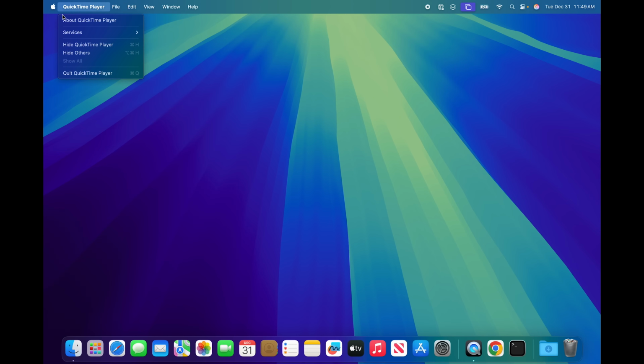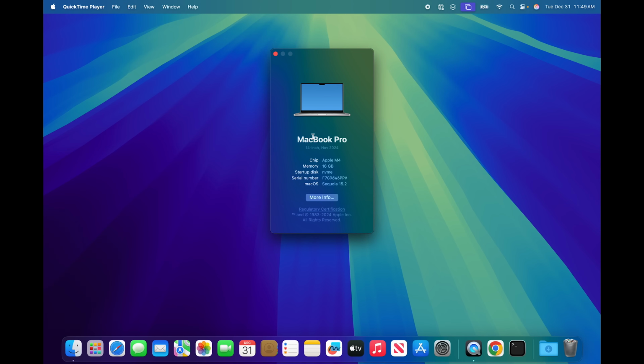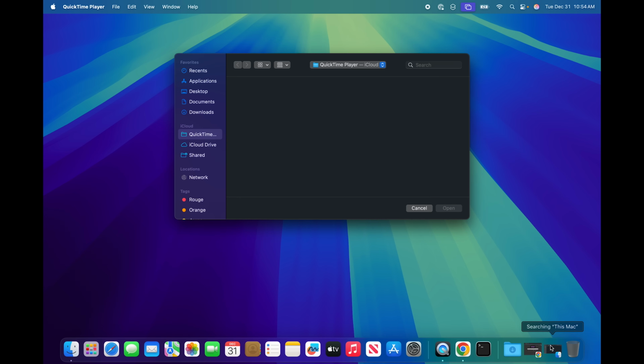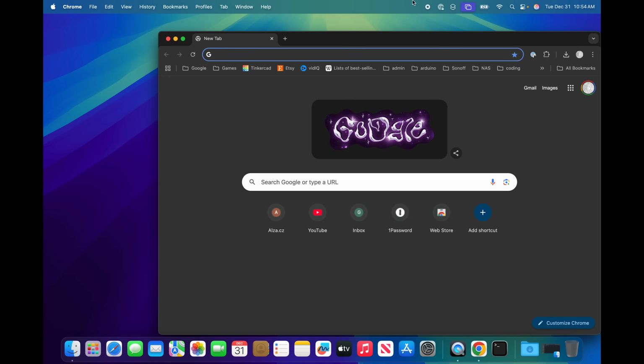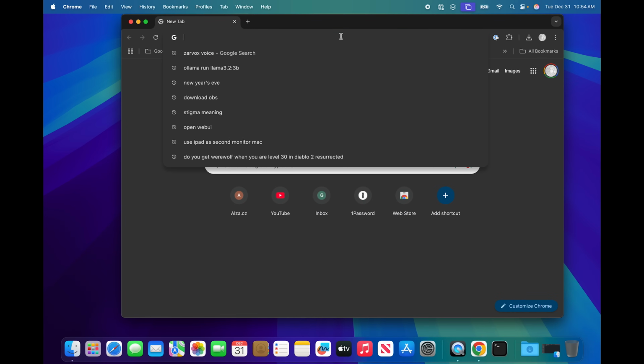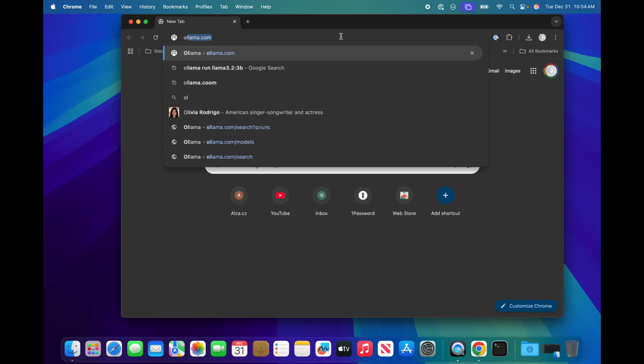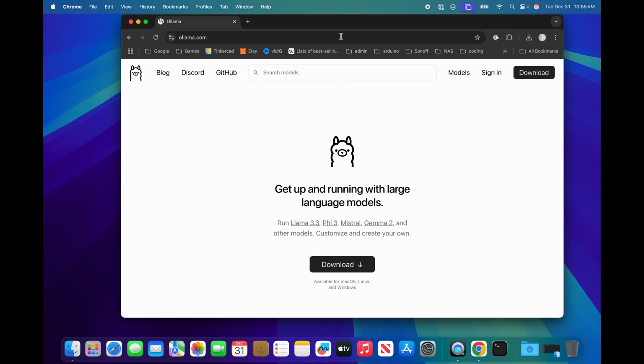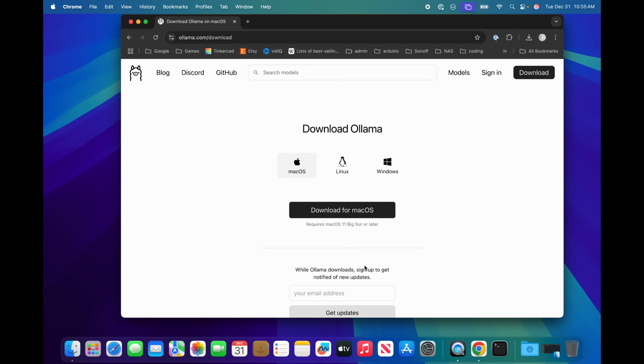I'm running on a MacBook Pro with the Apple M4 chip, 16 gigabytes of memory, macOS Sequoia 15.2 and 10 cores of GPU. We will need Ollama so we can run the AI. So we need to visit ollama.com and then we click the download button, download for macOS,